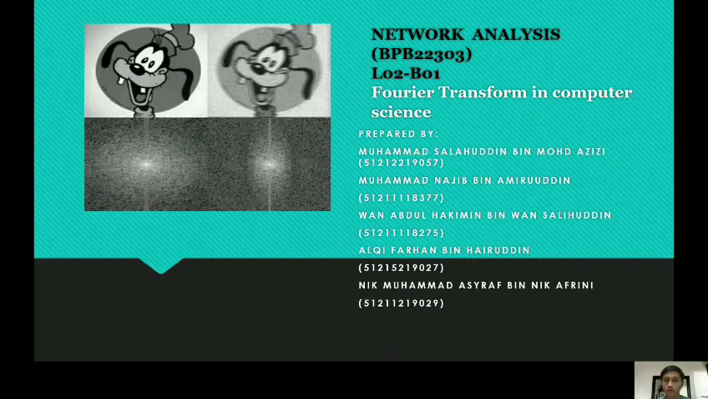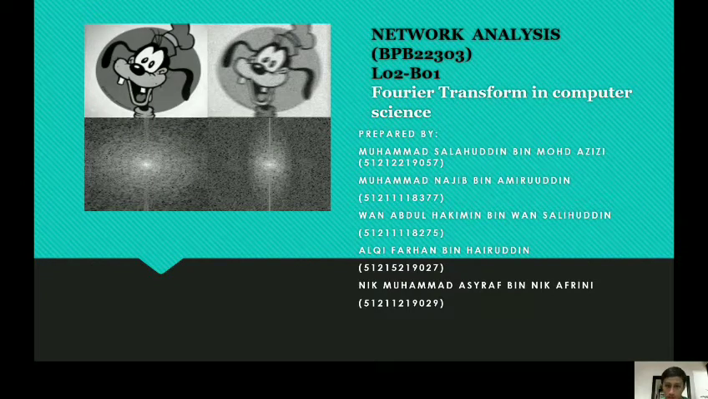Inshallah, today I would like to present the Network Analysis subject, and our title is Fourier Transform in Computer Science. Okay, first of all, I would like to introduce myself. My name is Muhammad Salahuddin bin Mazizi,